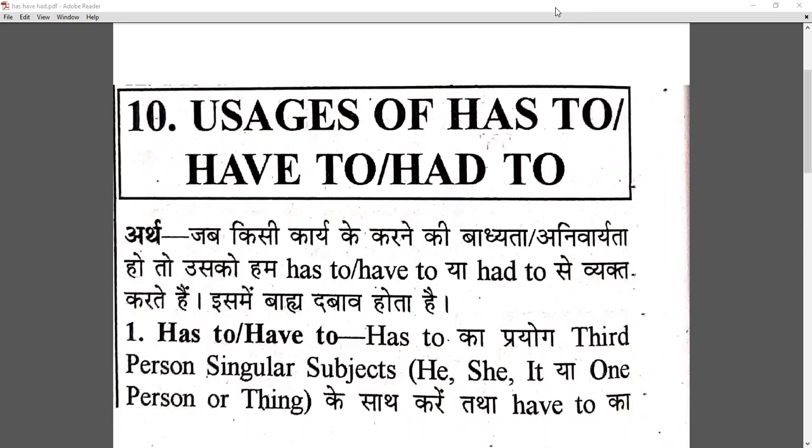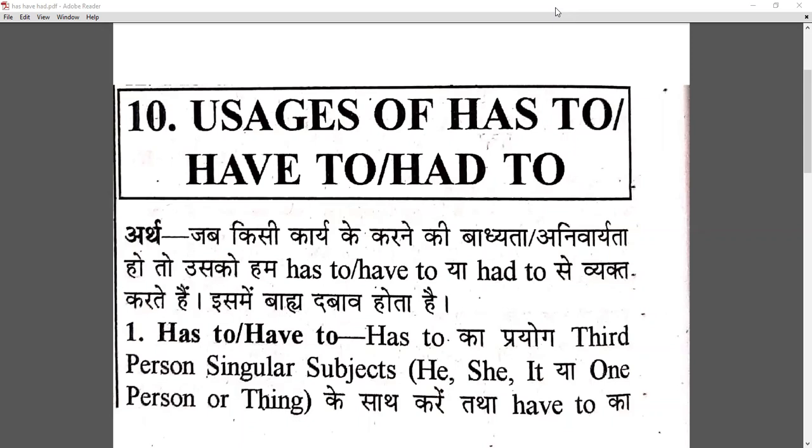And as you all know, this is our English class, and we are going to start with yet another topic of English grammar, that is usage of has to, have to, and had to. We all know that has, have, and had have a very significant place when it comes to language. If they are not placed in a correct manner at a correct place, they are completely going to change the meaning of what we want to express. So it has a very important place.